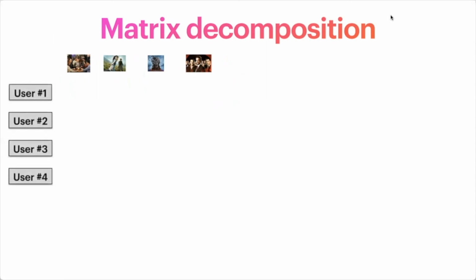And the other very useful use case of matrix decompositions, besides visualizing your data, is to recommend content. If you remember the matrix that represented the preferences of our users with respect to TV series, for example, user 1 liked the first series, user 2 liked the last series, user 3 liked everything, and user 4 didn't quite like anything. And if I call this matrix M,